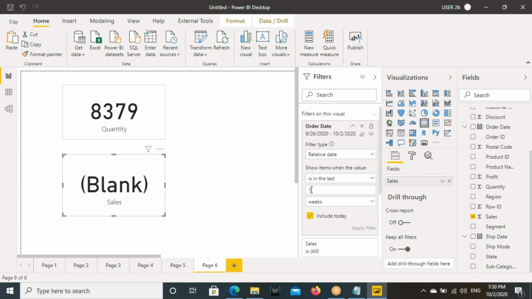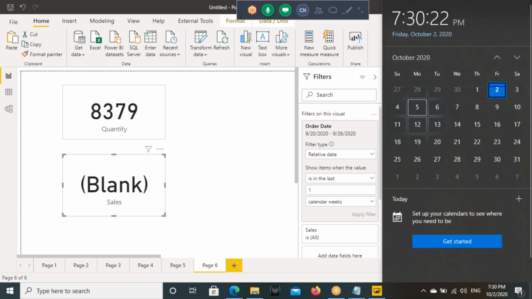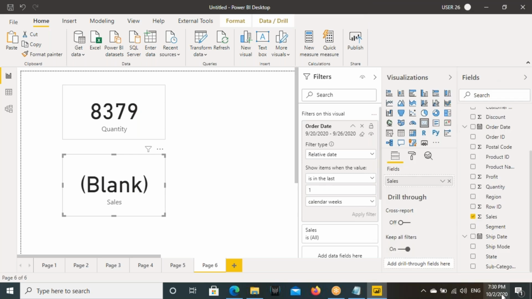The next option you'll find is "is in the last 1 calendar week." Calendar week means the current calendar week, which is 27th to 3rd. The next calendar week is 4th to 10th. A calendar week starts from Sunday and ends on Saturday. And the last calendar week for us is